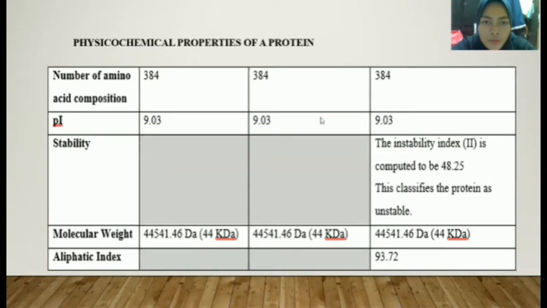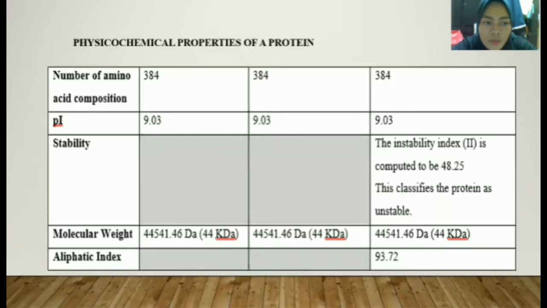I forgot to label. This one is the result for Compute pI. The middle one is for Peptide Mass, and the third one is for ProtParam. All three tools are able to find 384 as the number of amino acids in the composition, and the isoelectric point is 9.03, which means that it is alkaline in